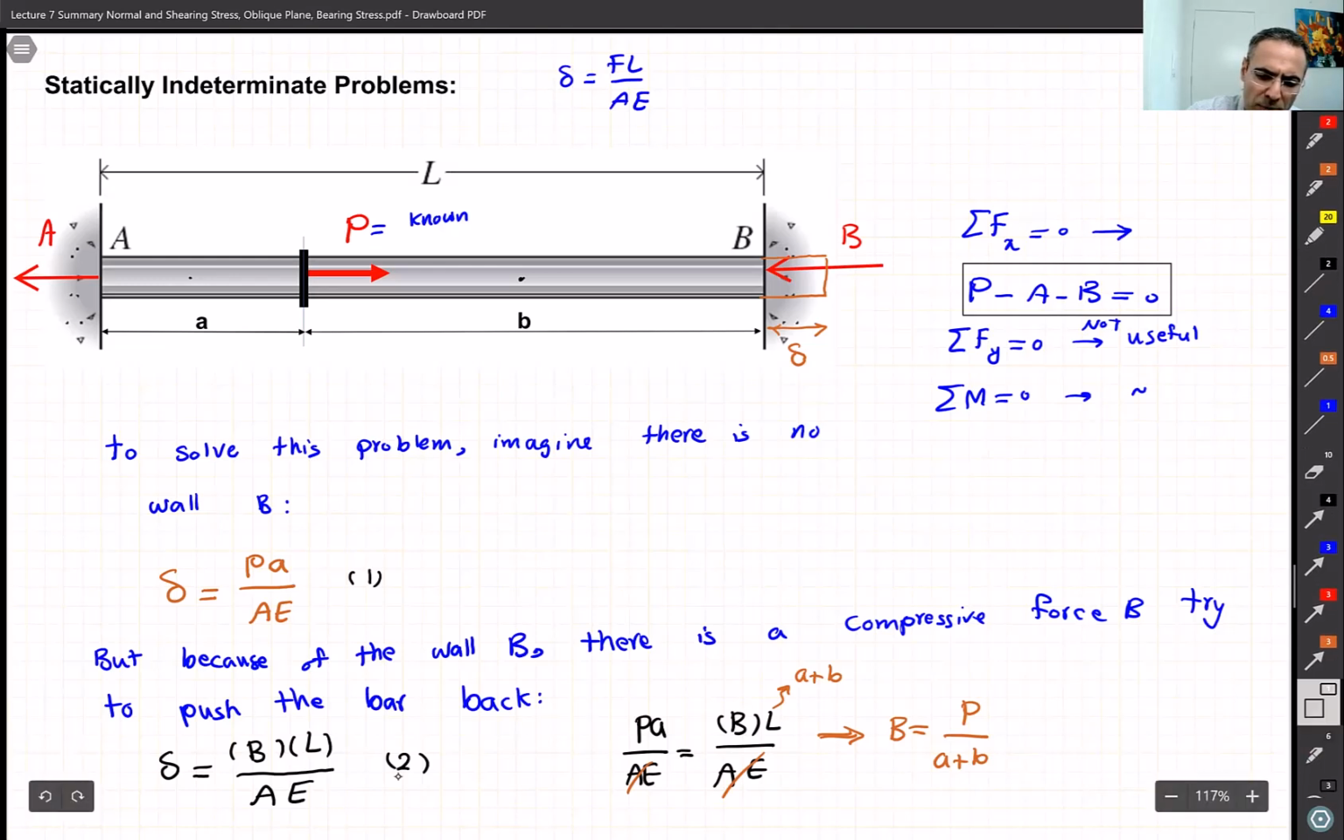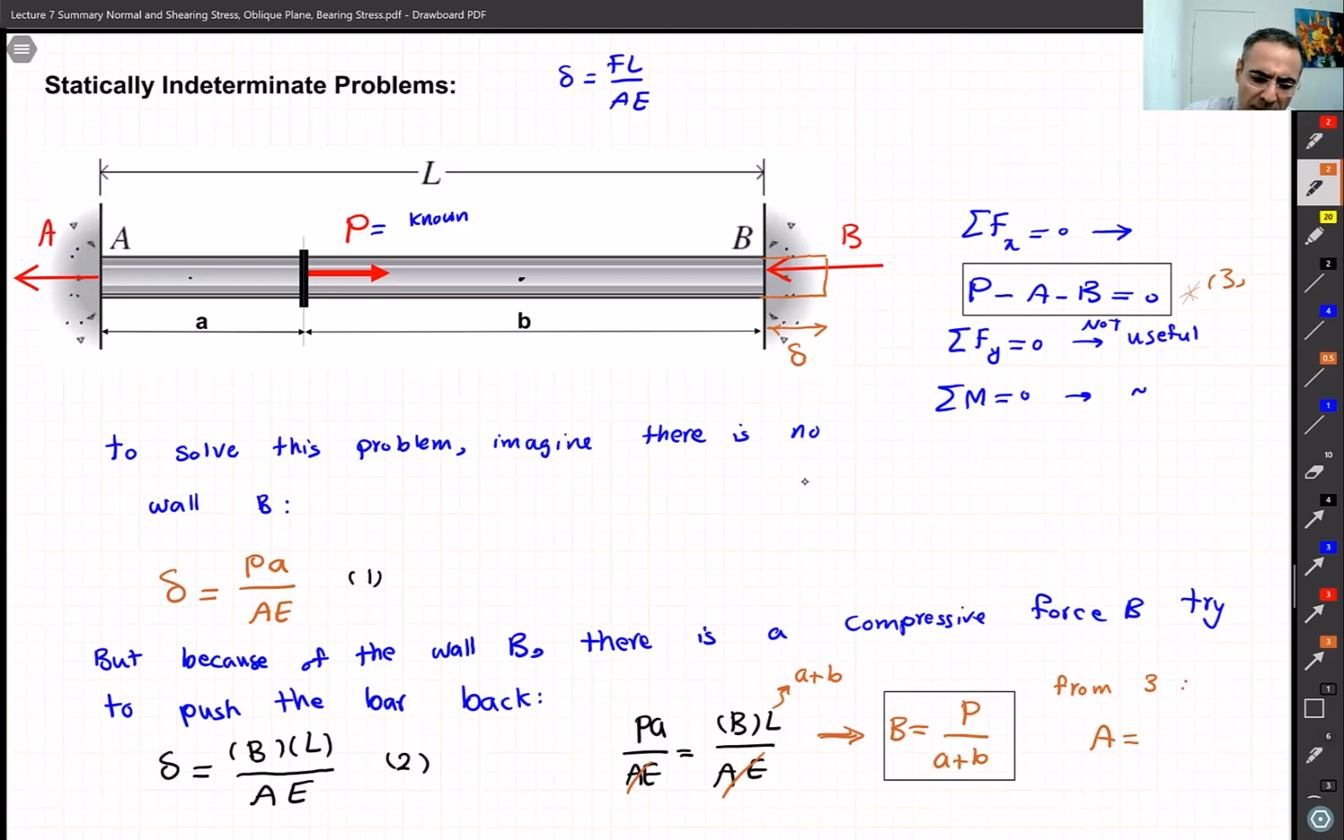So we found B, that's good. And we have another formula over here, right? If I use formula 3, from 3 we can find A as well. Because this is B, I substitute it in formula 3, and I can find A, which is,